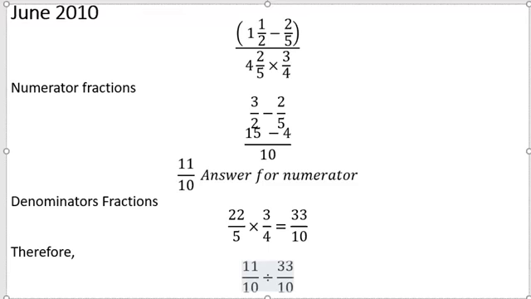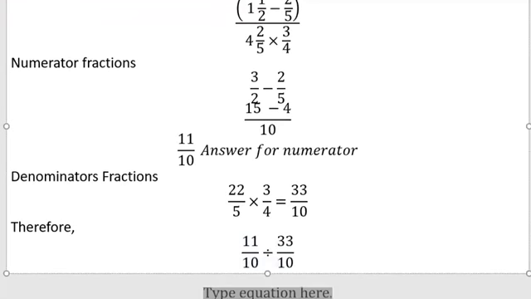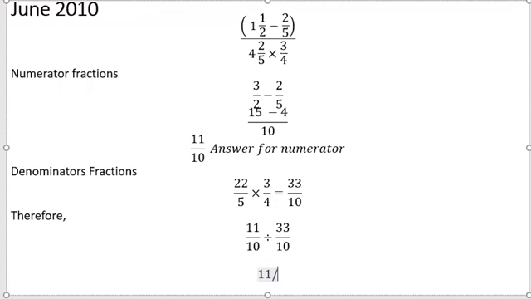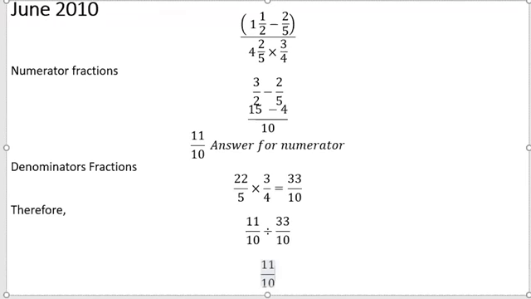And as we know before, with division, we change, so we have 11 over 10. We change our division sign to multiplication and flip the fraction that follows. So we get 10 over 33. We can go ahead and simplify by saying 10 into 10 goes 1 time, 10 into 10 goes 1 time, and 11 into itself goes 1 time, 11 into 33 goes 3 times. So what we have is 1 multiplied by 1 at the numerators, and then 1 multiplied by 3, and we are left with 1 upon 3 for June